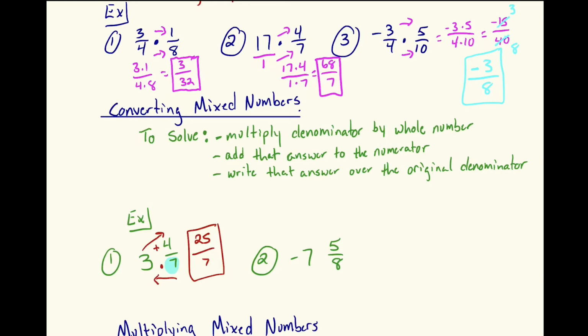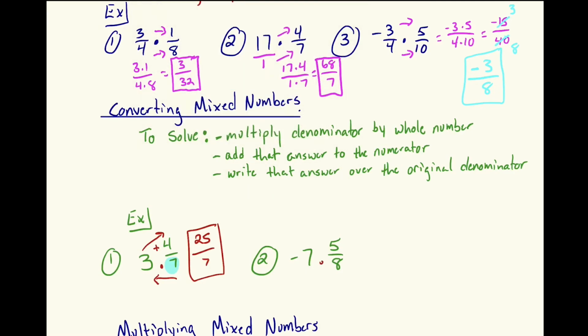So again, we do 7 times 3, add 4, that got me to 25. I write it over the original denominator, and I'm done. Okay, now we move on to the second example, which is -7 and 5/8, and we have to convert it. Well, we know